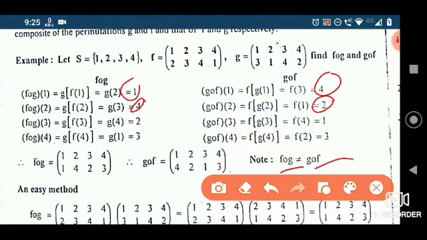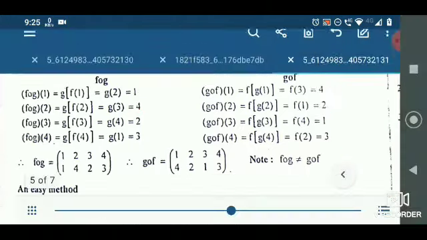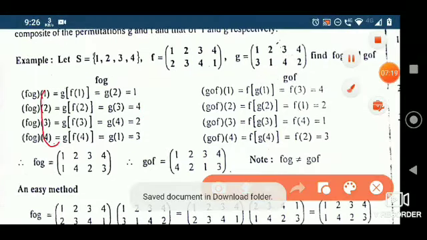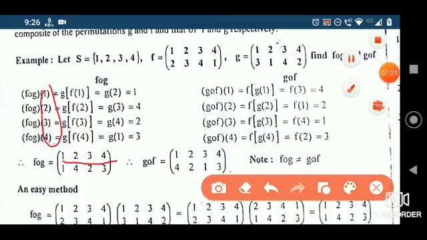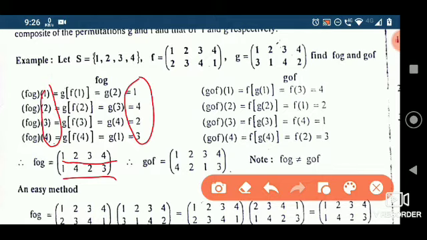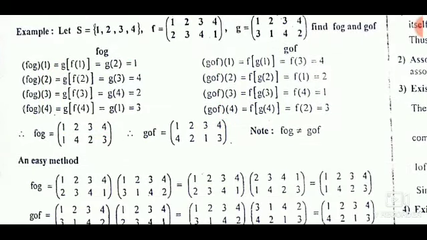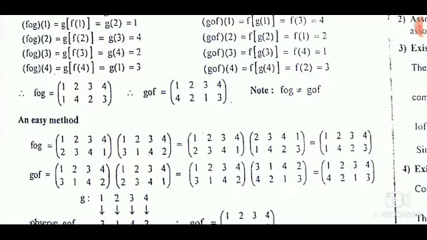So how do we write that f of g? We write f of g like this. The points which are input are written in the first row, and whichever output we got is written in the second row. Same here, whatever was there in input is written in the first line, and output is written in the second row. So we have an easy method. That's what I did here. How to multiply, or f of g, how to do that.